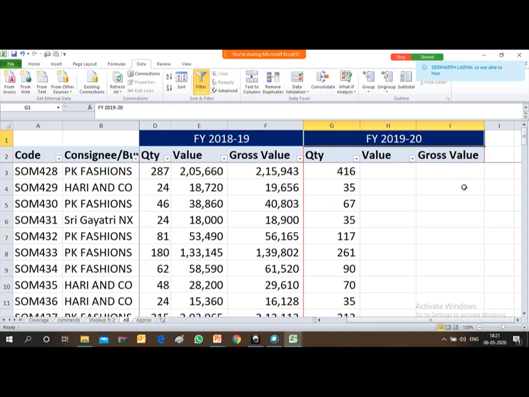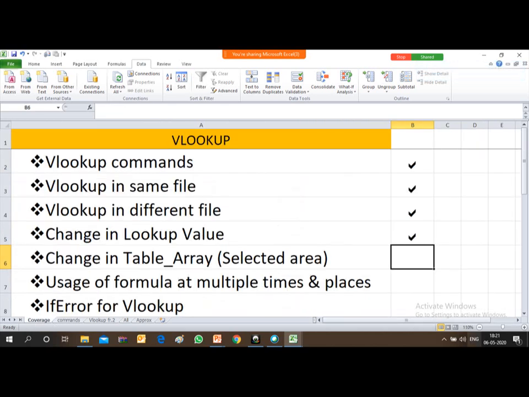So now, friends, let's move to the next topic: VLOOKUP, usage of formula at multiple times and places. Friends, this is again one of the important parts, that I have to use the formula at multiple places in the same file or same sheet, and there may be tens or even hundreds of columns.